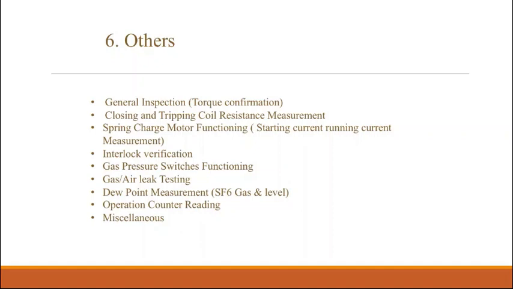Before closing, the trip circuit should be healthy. 86, that is the master trip relay, should not be in operated condition, and the ARSU should not be closed. Those things we can check. And SF6, and locally we can tell whether the breaker should be in service position if I want to do the remote operation. For example, if it is a draw-out breaker, there should not be any spring charge handle inserted in the breaker. Those things come under this interlock verification.